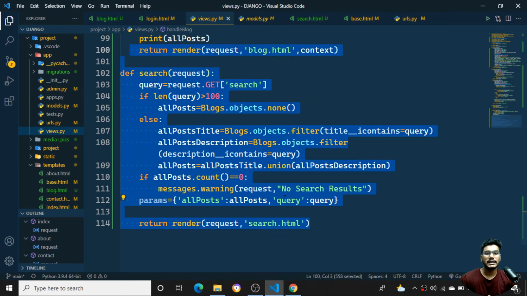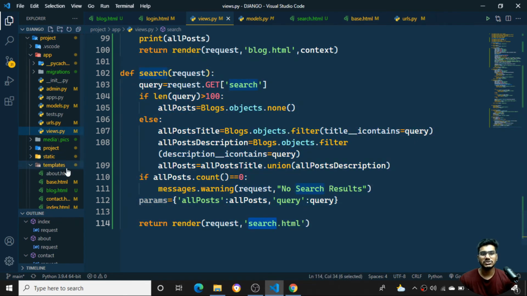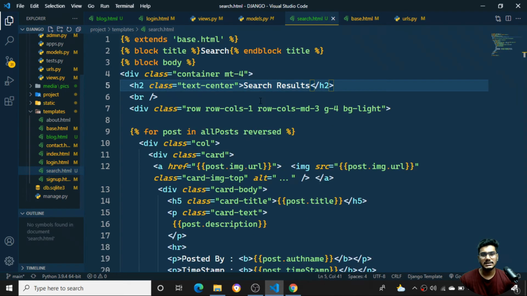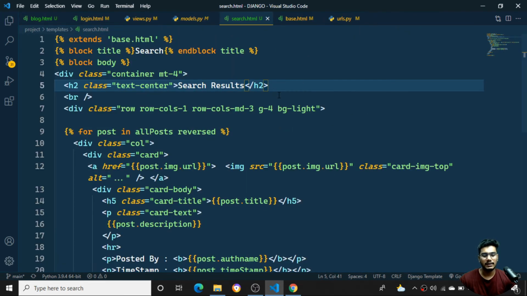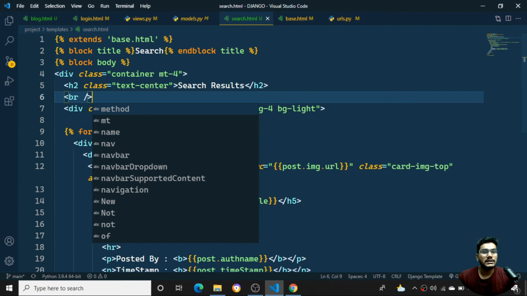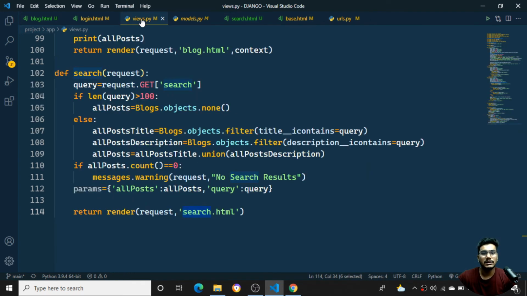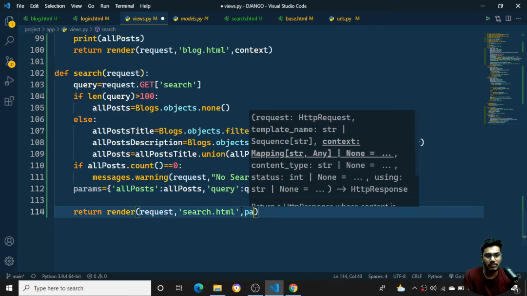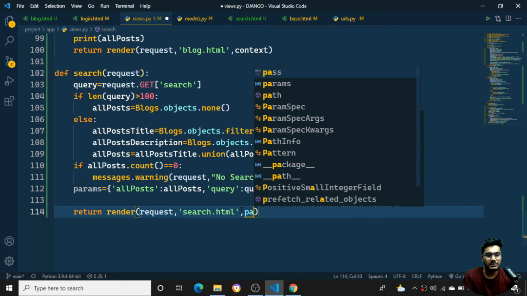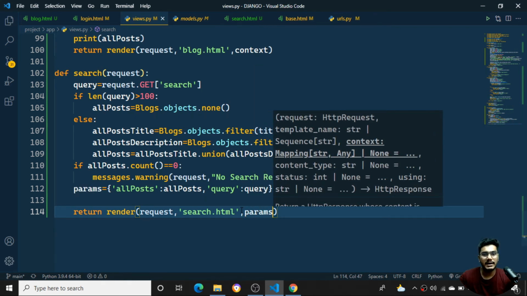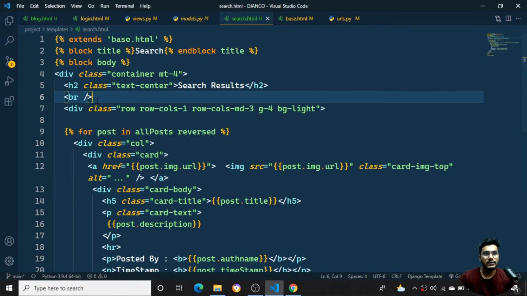So now all the data will be taken to the search.html file. Here I need to handle it now. So let's come back to the search.html page over here. Let's check for the condition now, what the all post length is, whether it is 0 or not. Whatever the query I'm getting, whatever the parameters there are, I need to pass it as it is. I'll put a comma, I need to pass the parameters over here. I'll say params, I'll just pass the parameters. Then I'll go to my search.html page. Here I'll check one condition.